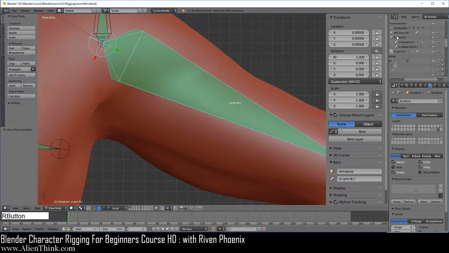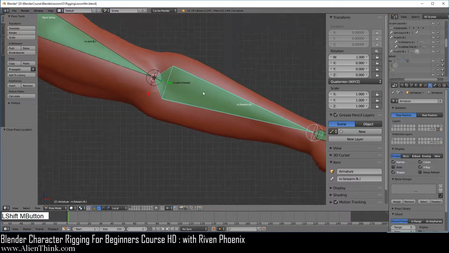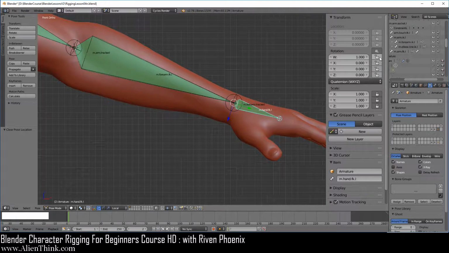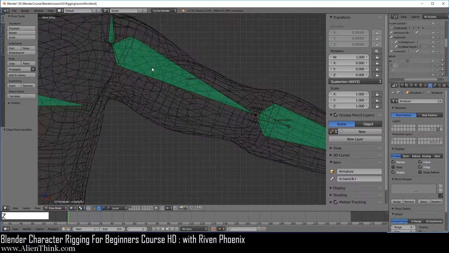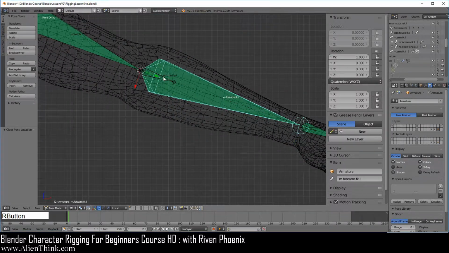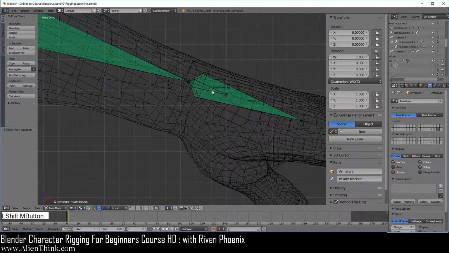And on this one, we want everything locked down. And on this one, everything should be locked. And on this one, everything should be locked. Now, of course, we have to get to the internal bones, so you can just press the Z key to see where they are. So here you can see that we've got this bone inside. So we want to lock this down all the way. And this guy over here, we want to lock this down all the way.